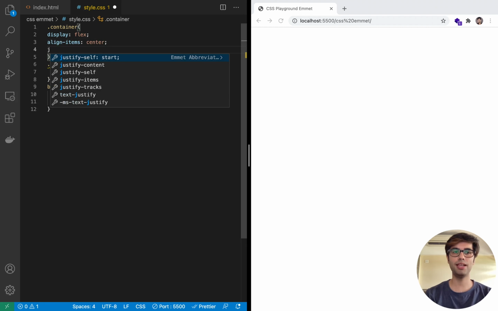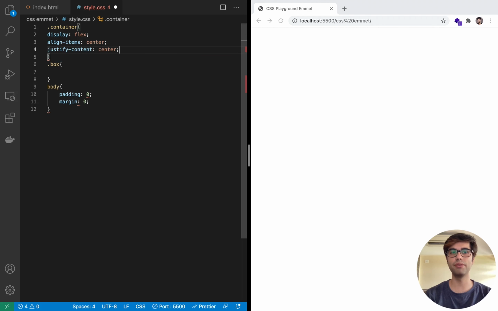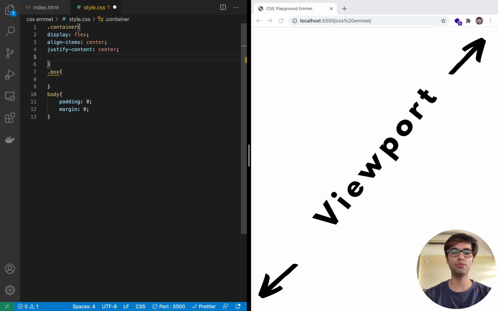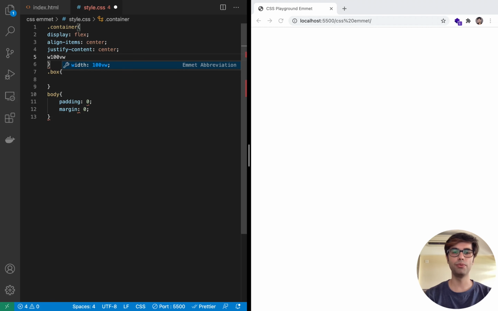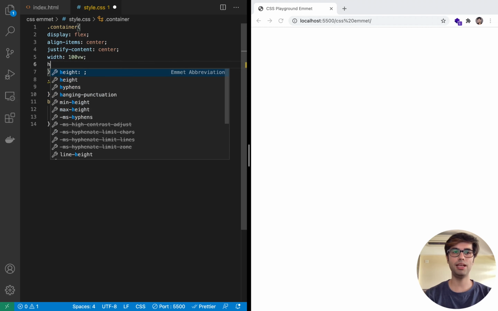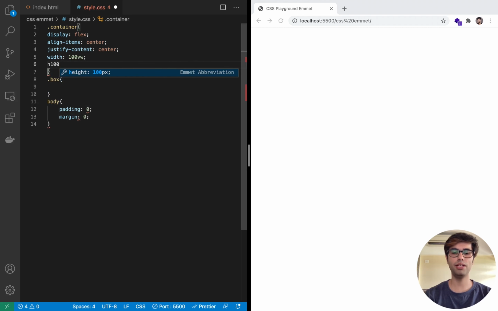Then to justify the content in the center, we will say JCC. Let's also give it the entire width and height of the visible area, which is known as the viewport. So W for width 100 VW, and for the height 100 VH. Okay,